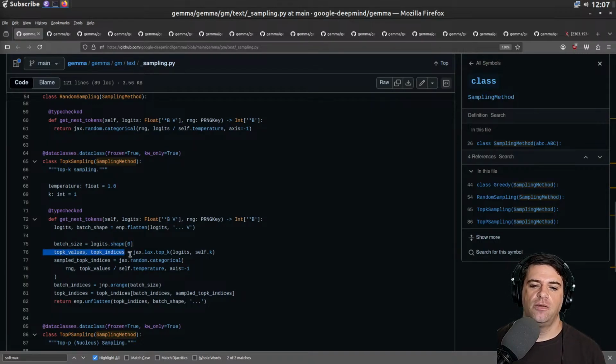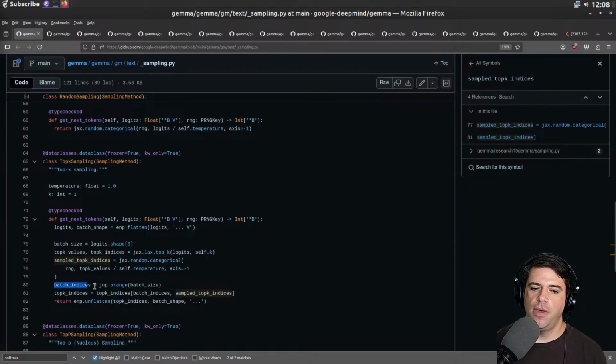The top k values and indices, we're going to call lax top k. And then we're going to call random categorical, passing in the top k values divided by the temperature. And it's going to give us the sampled top k indices. And then the batch indices,